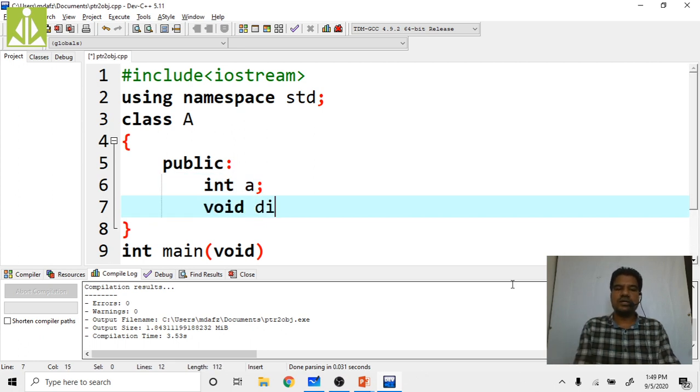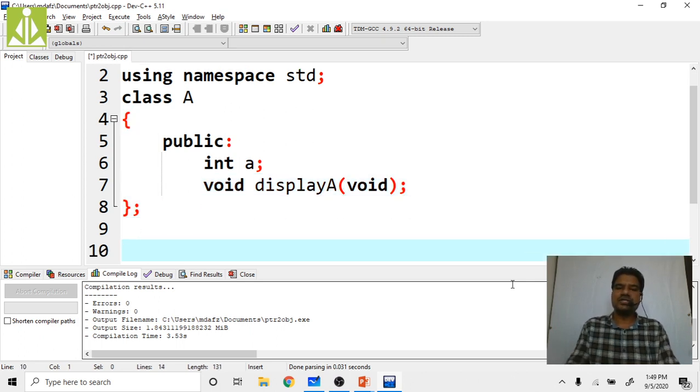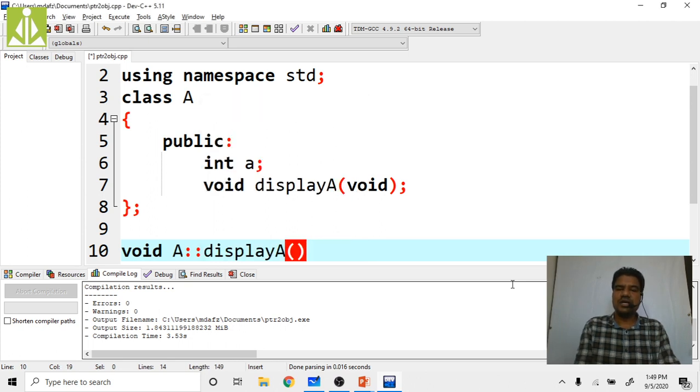So void displayA(void). The declaration I have done, close this and write the definition for that displayA function immediately. So void A::displayA(void).